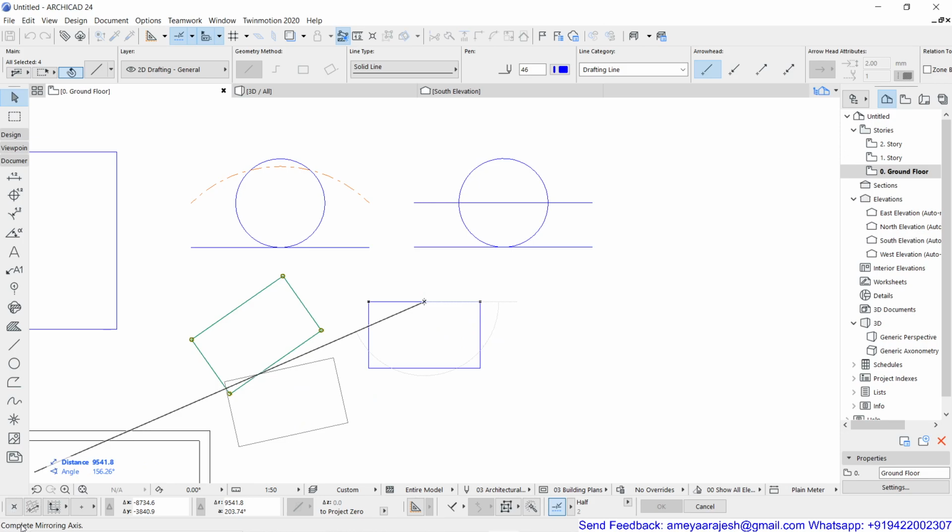Now you can see it is written complete mirroring axis. So I'm going to complete this my mirror axis. The length of the axis is not important because it's an infinite line. Mirror axis is always an infinite line. Only its direction is very important. So if I place the direction in this manner, what will happen? I can see that particular mirror copy is getting displayed in front of me. So this is what you should remember, that the length of the mirror axis is not important, but the direction of the mirror axis is very important.